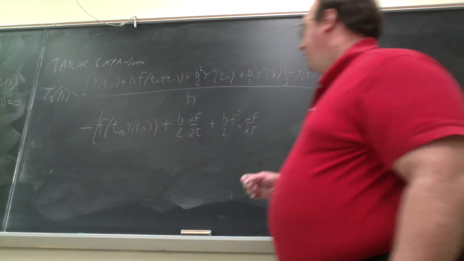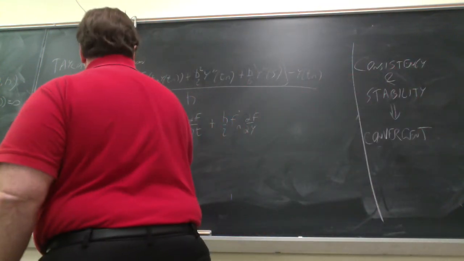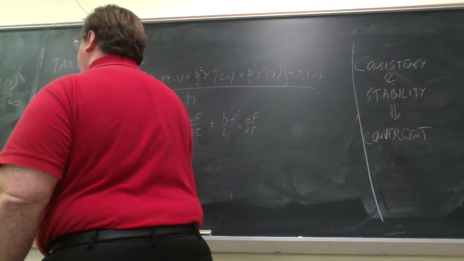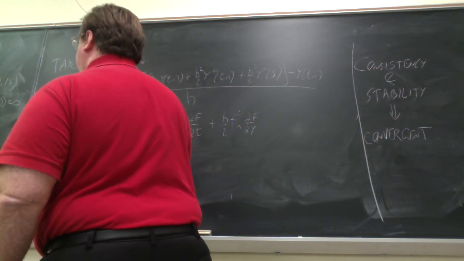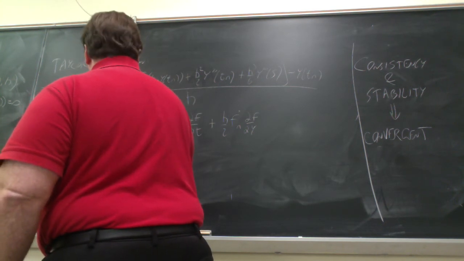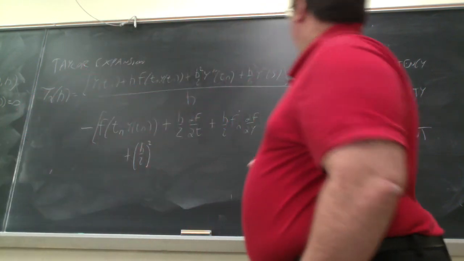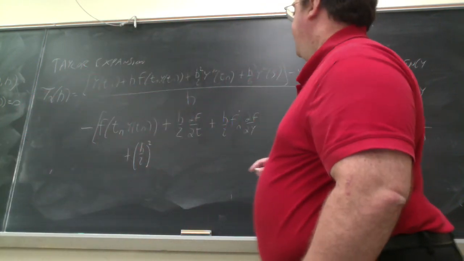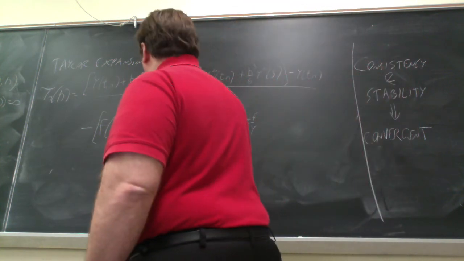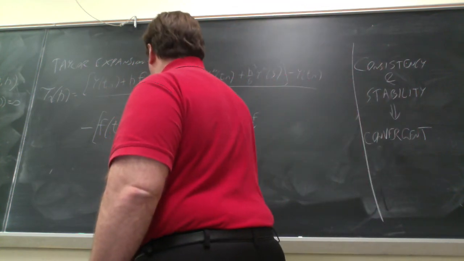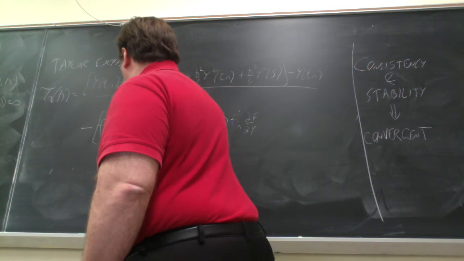Well, this would continue. Then I would have second partial derivatives. So with respect to t, I have h over 2 squared. Second partial with respect to t of all this is times 1/2